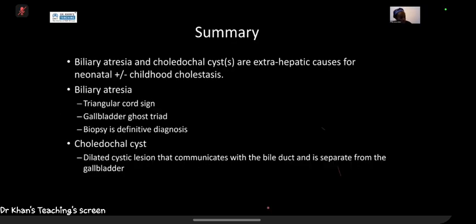So those were 2 quick liver conditions, just so that you're aware of them. So biliary atresia and choledochal cysts, which cause neonatal or childhood jaundice. Biliary atresia, the 2 key features are triangular cord sign and gallbladder ghost triad on ultrasound, with HIDA scan as a supportive examination, but biopsy being the definitive medium to make the diagnosis. And then a choledochal cyst is a dilated cystic lesion communicating with the biliary tree, which is separate from the gallbladder on ultrasound and cross-sectional imaging. So I think that's the end of the